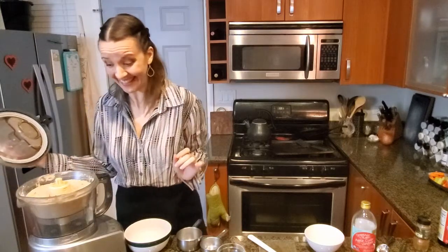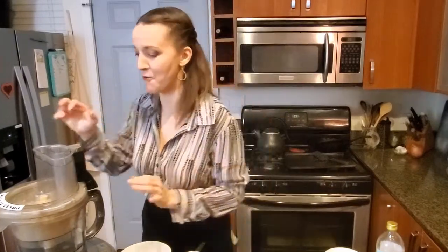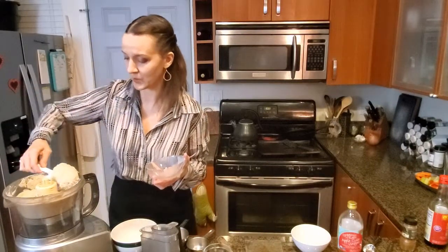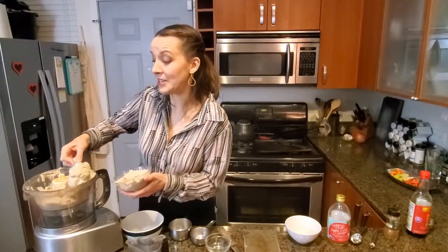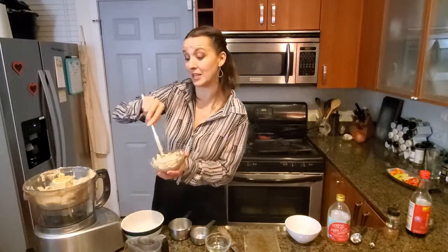Okay. I have to taste it. I have to. I love it. Make this. I'm serious. It's really good. You'll thank me for it. This is why I'm sharing this recipe with you. It's not an invention of mine, but I just think it's so good. There's probably more in here than you would need for a single serving, but I'm just gonna scoop it into a nice serving bowl so that we can serve it with some...